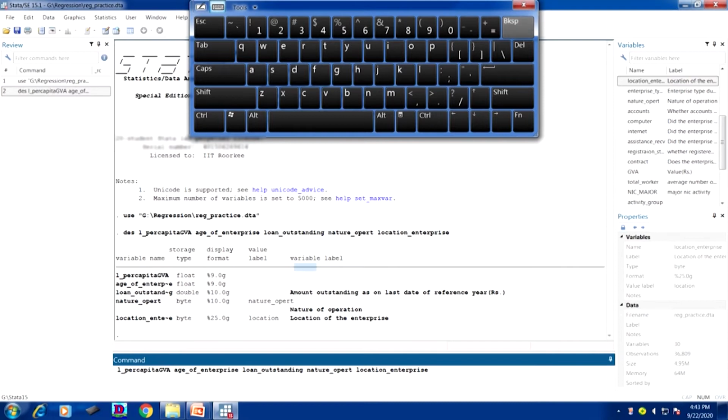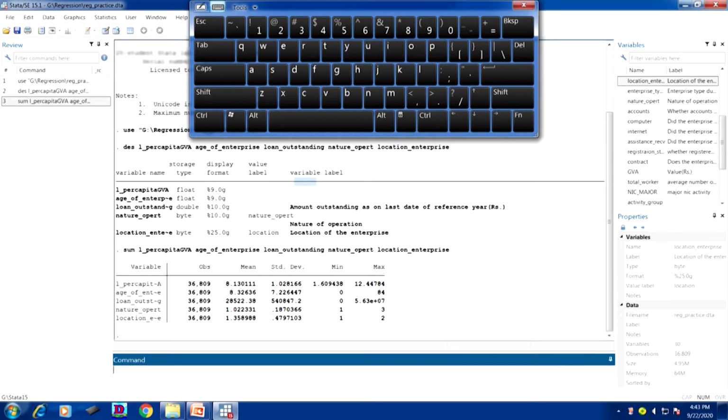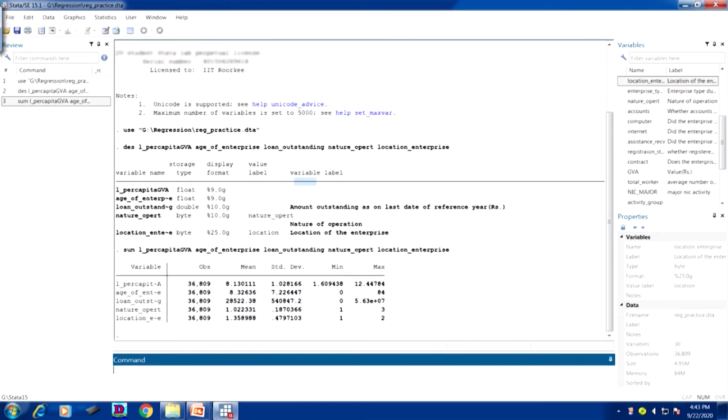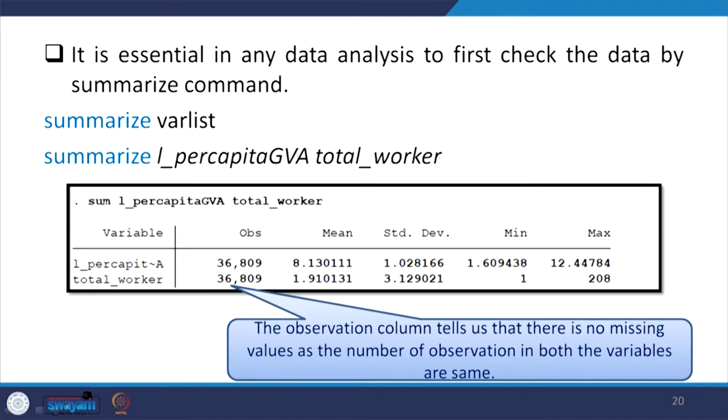So, I will get certain information which is going to be useful for what follows. In the summarize command we will get the observation details, the average value, the standard deviation, and the minimum and maximum values of each of the variables, which are useful for us. These figures are expected everywhere in all your papers for publication. Wherever you communicate, they will certainly expect you to give the summarized table. Okay. So, I am not going to derive the same result; you can experiment and find out.